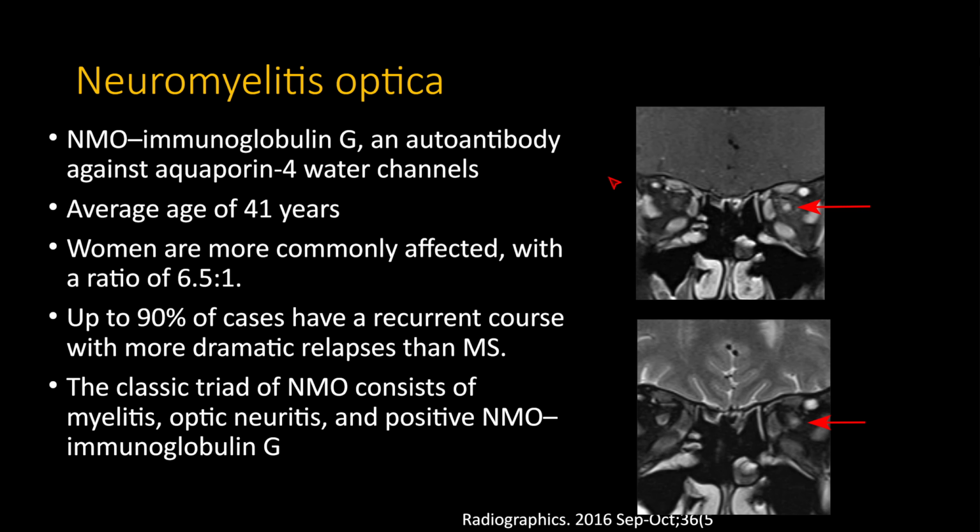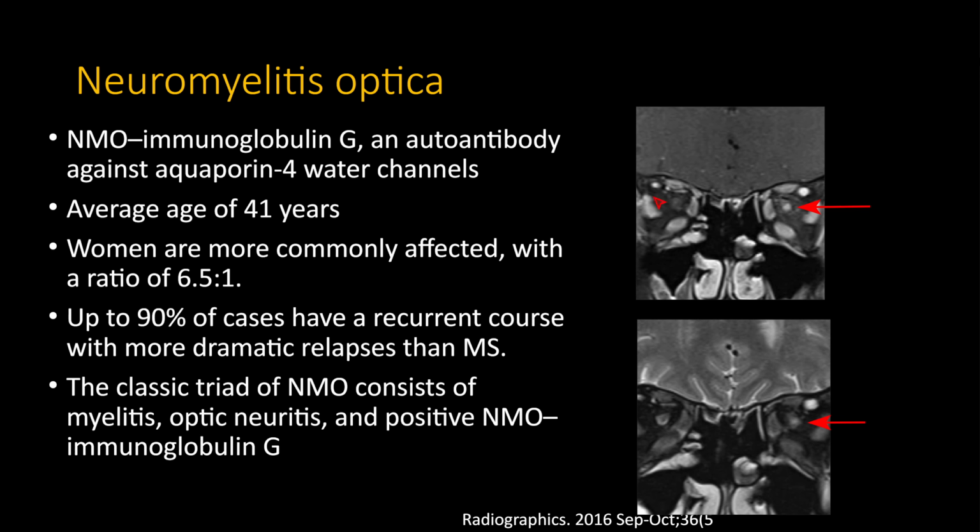Its average age of onset is about 40 years. Women are more commonly affected than men, and it is also a relapsing and recurrent course, but the relapses tend to be more dramatic than MS. Now the classic neuromyelitis optica has a triad: a myelitis, your transverse myelitis pattern, a longitudinally extensive myelitis, optic neuritis, as well as the positive